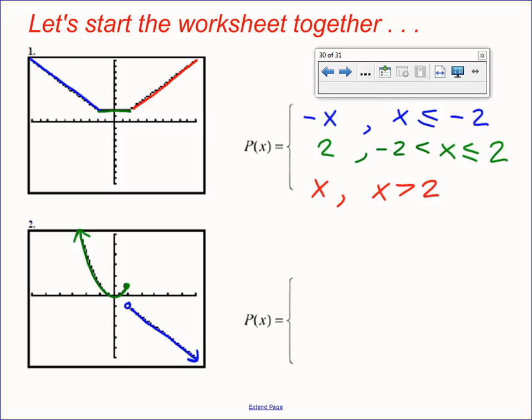Just 2 pieces. If it looks like they're connected, then it's